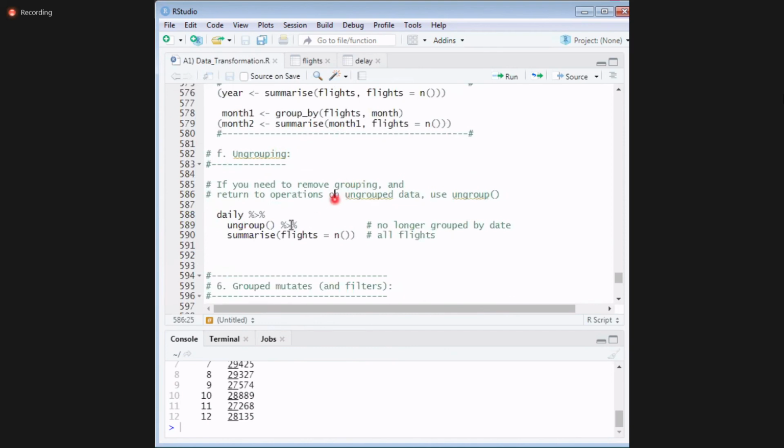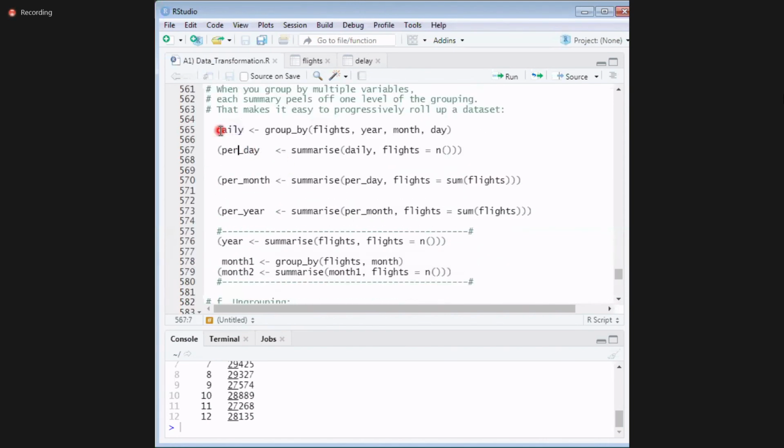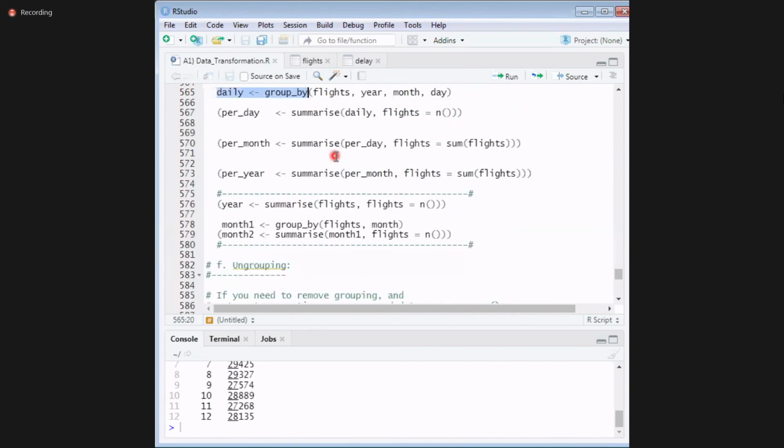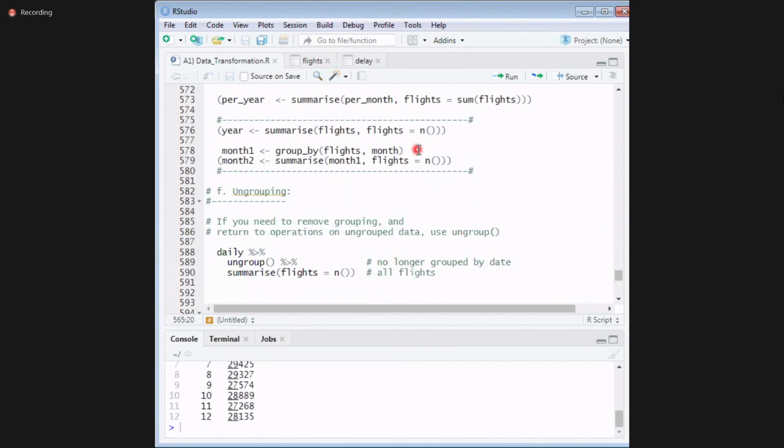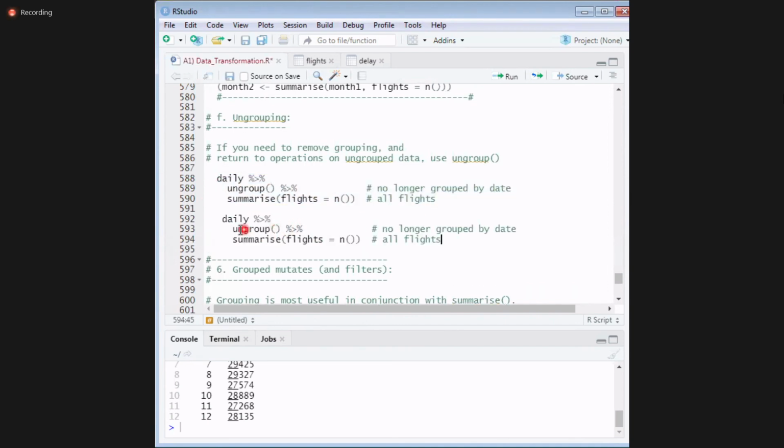See now, is my daily a grouped data or not? My daily is a grouped data. From that grouped data, I want to find the number of flights.